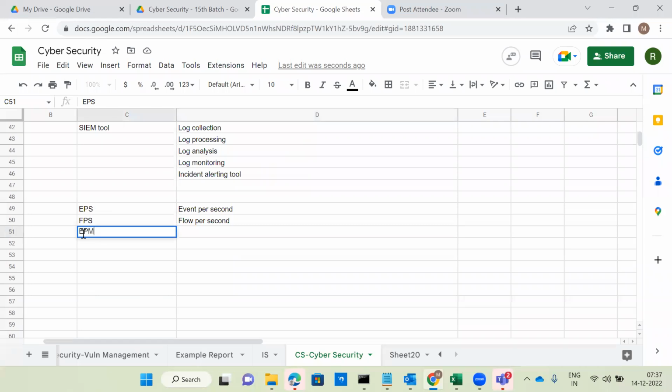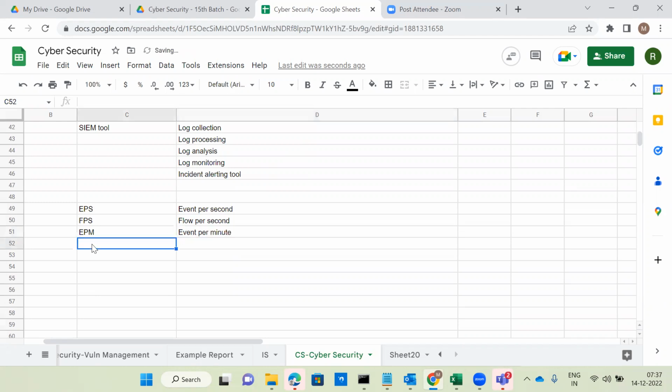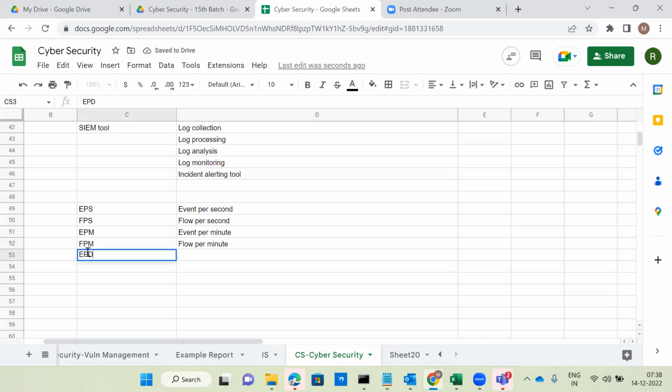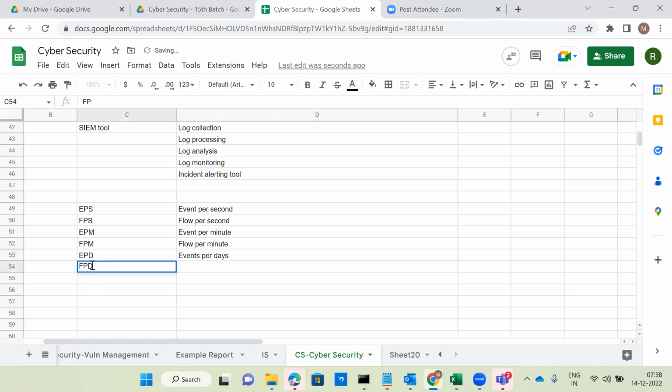We have EPM also, events per minute, and FPM, flows per minute. Next one, EPD, events per day, and FPD, flows per day.